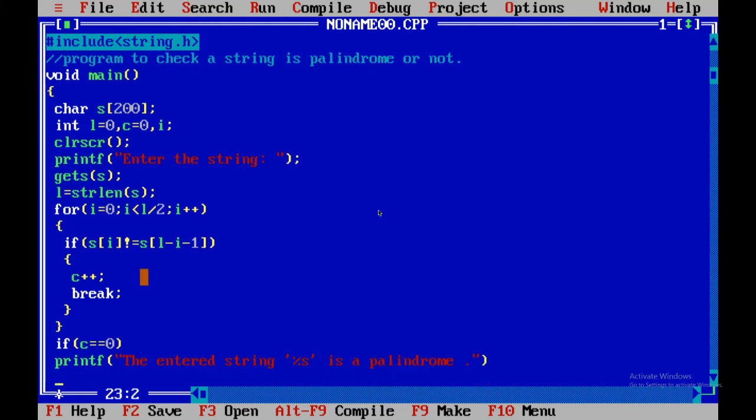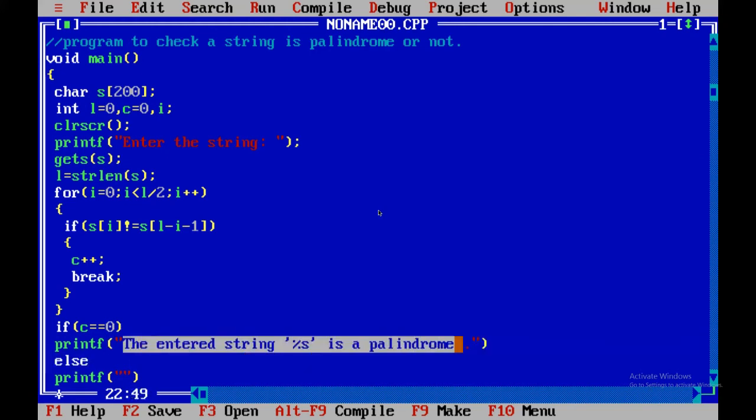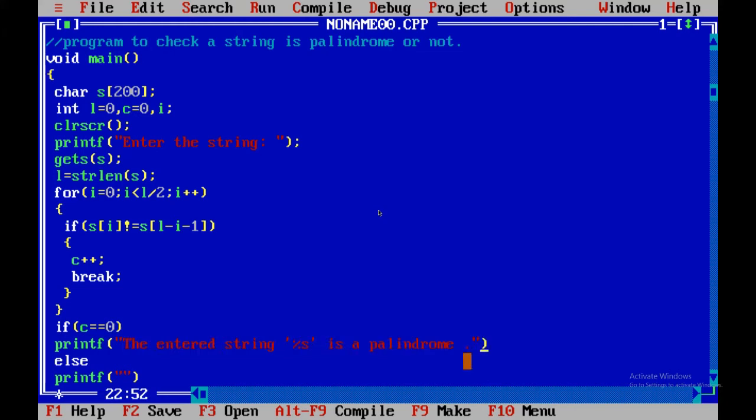And if the value of c increases, then it will not satisfy this condition, so the cursor will come out here and will print that the string is not a palindrome.